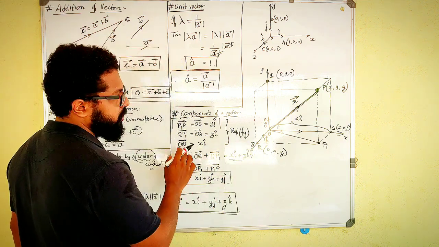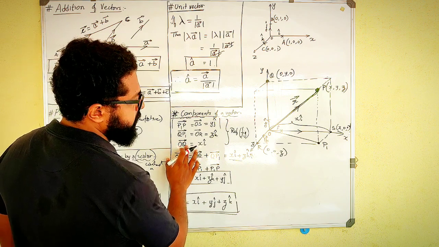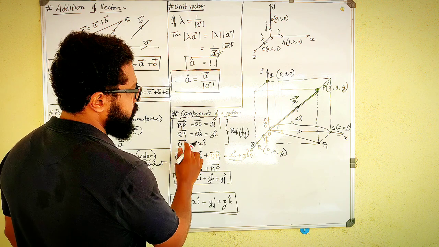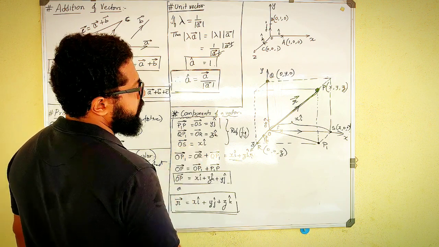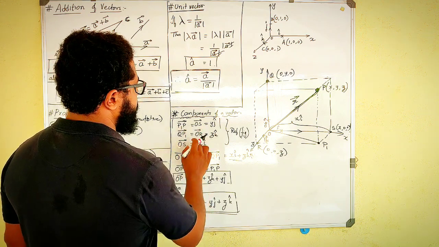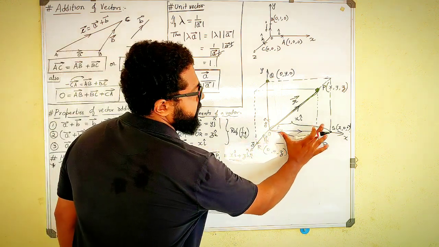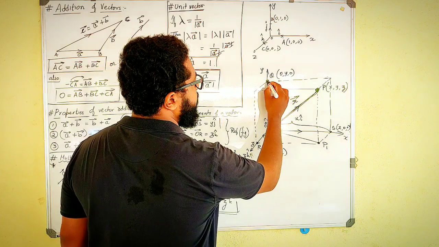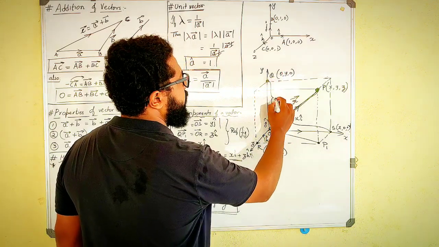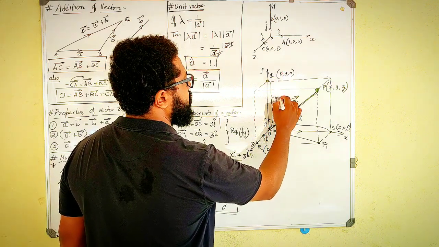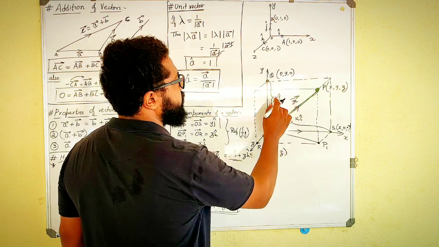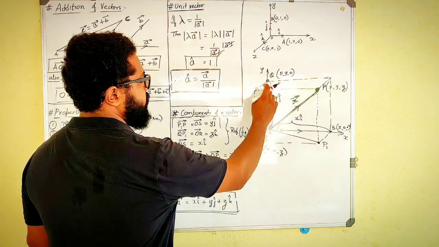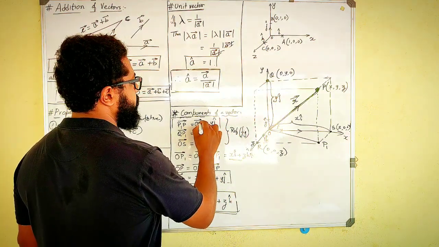So here x I cap, I will name this in this way, Q. This is the mistake here. OS vector. Okay. And OS vector is equal to x I cap. Similarly, if I multiply the coordinate y into the y-axis unit vector, yj cap. Yj cap is nothing but OQ vector.